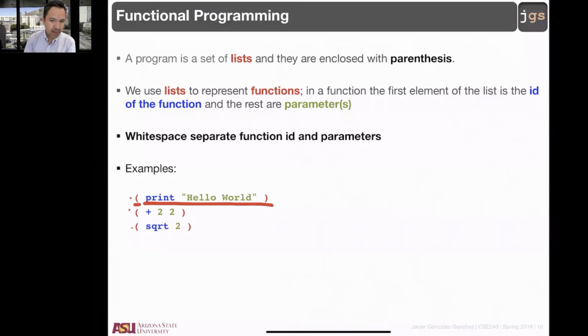Print, and open parentheses, the instruction, the parameters, closing parentheses. And as usual, print, you can have there a string, you can have there a variable. We need to talk about variables. You can have there a value that is going to be printed. Now, if you are using an interpreter locally in your computer, something that you're going to notice when you run